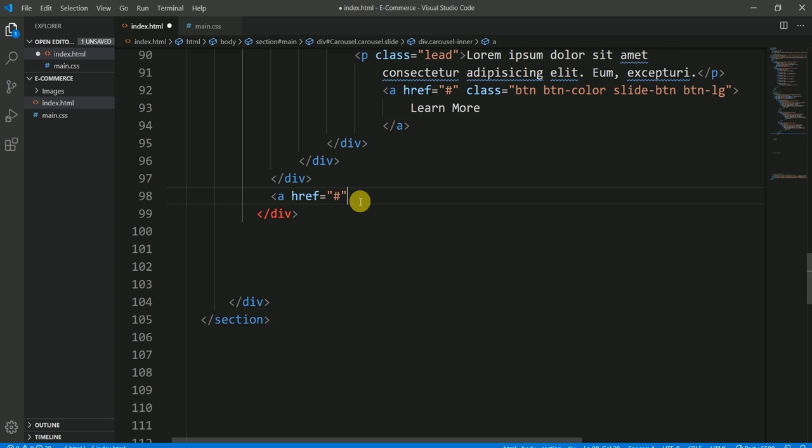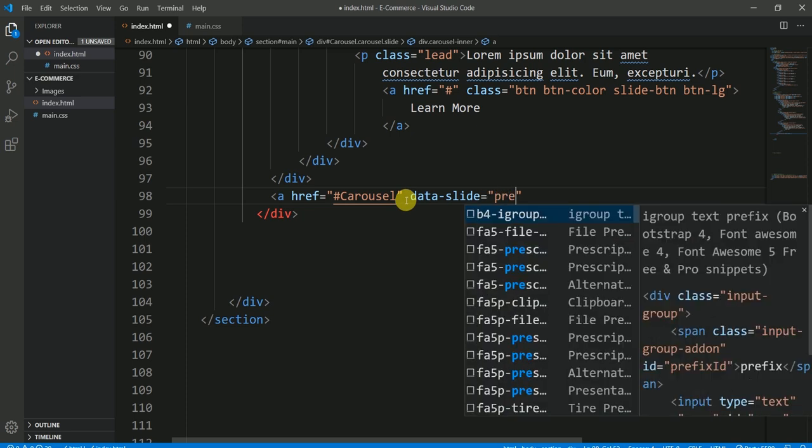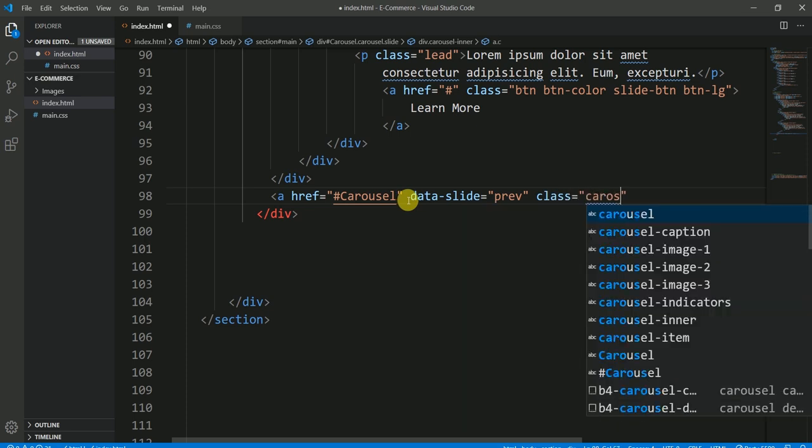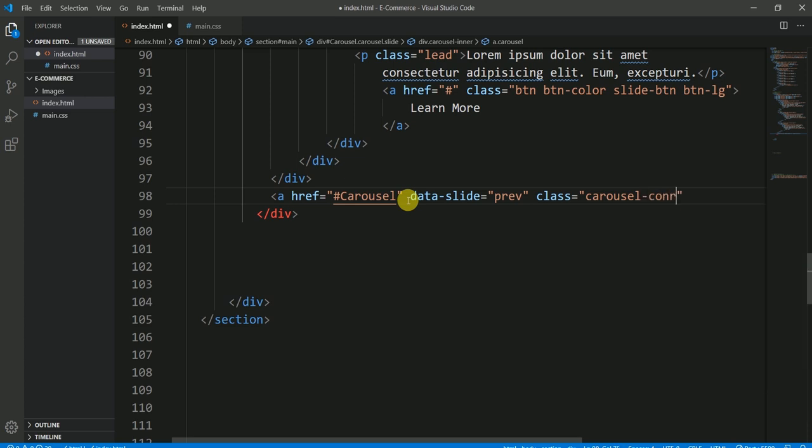It should be the same ID we have used in the beginning. So carousel, carousel, and let's have a data slide, and there I want a previous button and a class of carousel control prev,